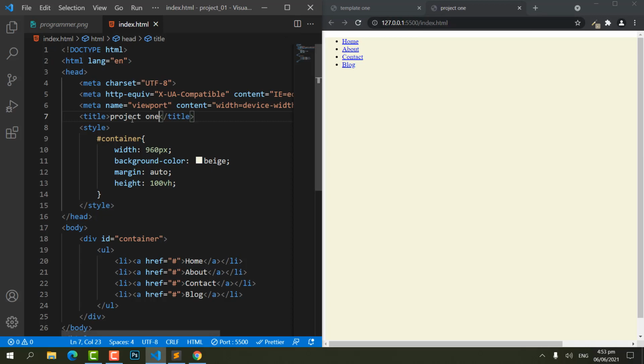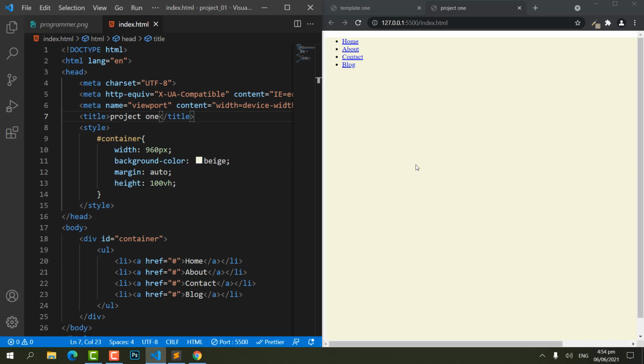So when you change the title, this is where you see, you check a website, you see the head. Whilst browsing, you can see that the websites have specific names, and these names can be worked on from the title, just like you've seen it now. So in case you make it project 2, you could see it has changed. By this time, let's make it project 1. It's changed because of the live server. It changed automatically. If you don't have the live server, it means you have to refresh it all by yourself,